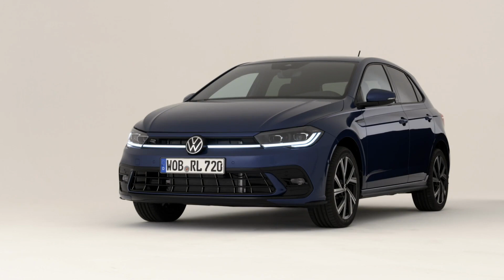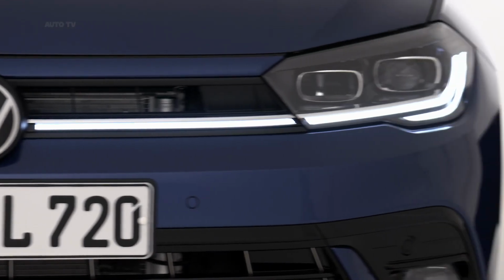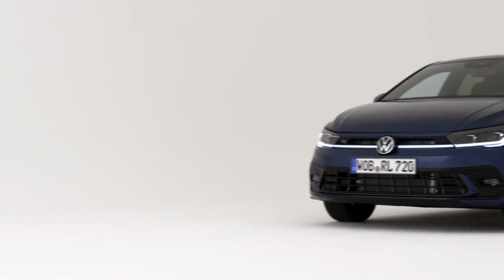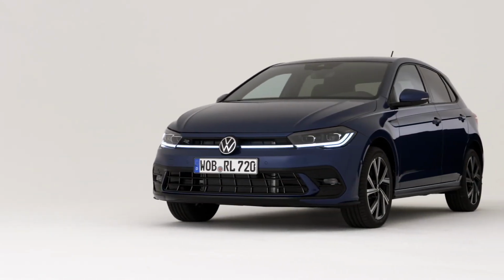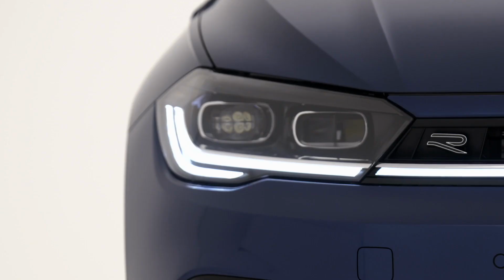For only a mid-cycle refresh, the changes are quite significant and start at the front where the subcompact hatchback gains an LED light bar, thus mirroring other Volkswagen products like the Tiguan facelift. Speaking of lights, the headlights themselves have been updated for a more modern look and come as standard with LEDs. Step up to the higher trim levels and Volkswagen will optionally offer for the first time a more sophisticated matrix